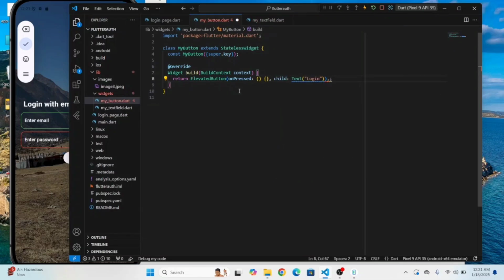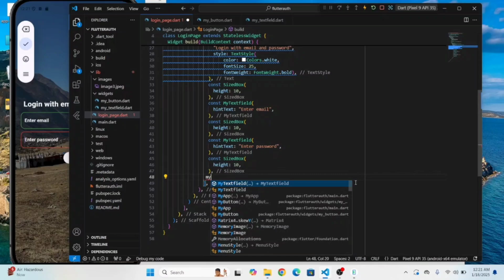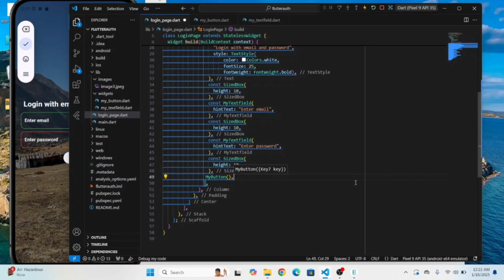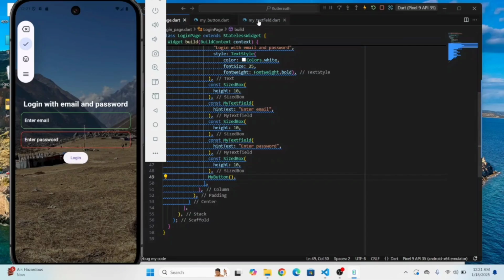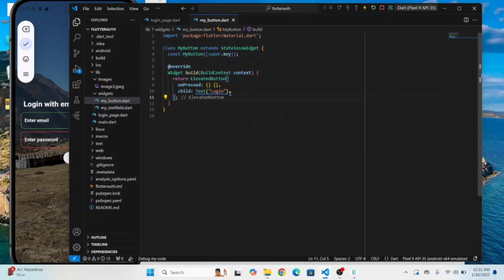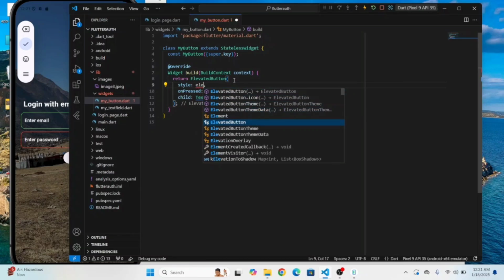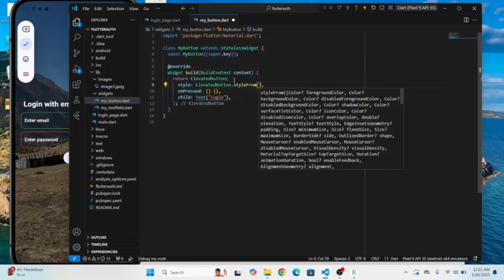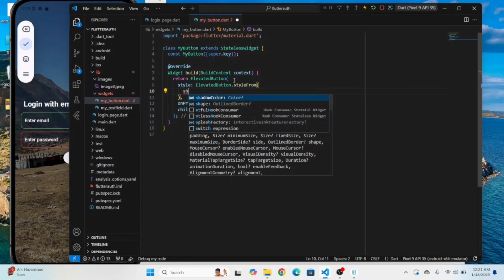Now save it, and now let's keep here the elevated button that we have created, my button. Now we can save it, and here you can see our button. Now we can style this button here, so by style from, and we can set the shape